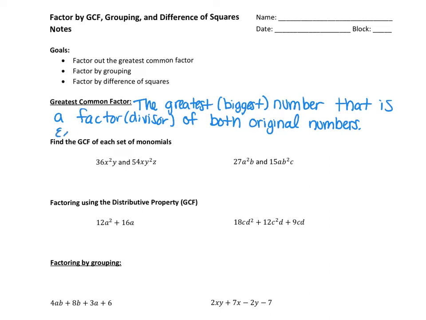So for example, if I said what's the GCF of 20 and 48,